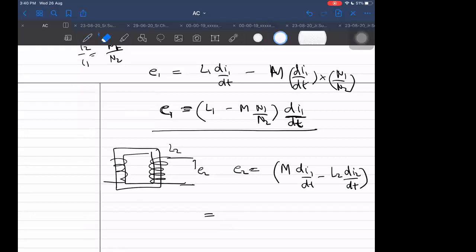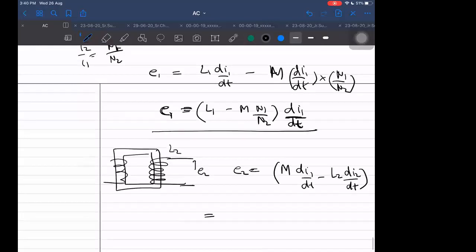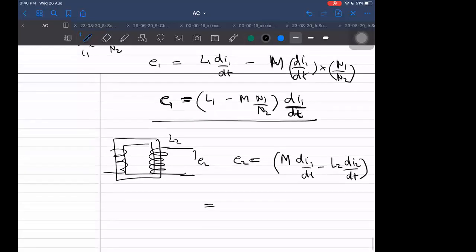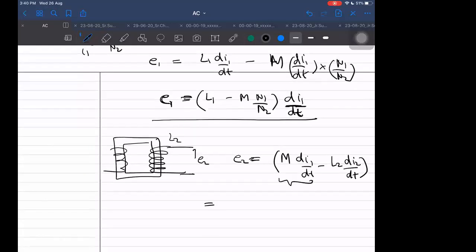Sir, minus sign, sir. Into where minus? E2 is equal to minus of what you have written. Magnitude wise, I think this only. Magnitude, this is acting as a source of EMF, which is producing the current in the second circuit. Although, one more thing, I think I'm assuming the secondary circuit to be short circuit. Only then can I write this equation. If I don't assume it to be short circuit, then this equation will not be valid.